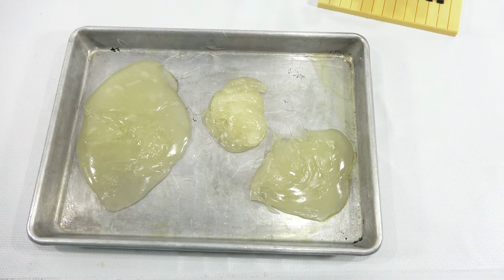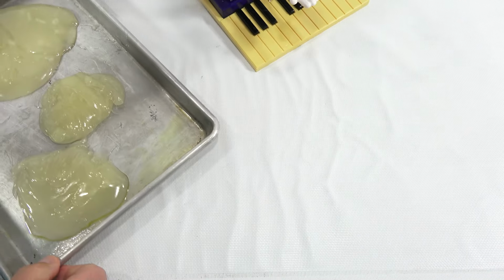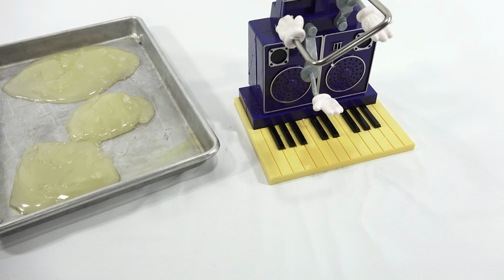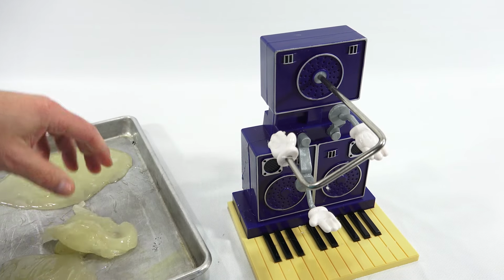Yeah, I think we got it this time. Cleaning it the first time was harder than the second time. The second time it was so brittle it all just broke off. Let's see if I can pick it up. Okay, maybe